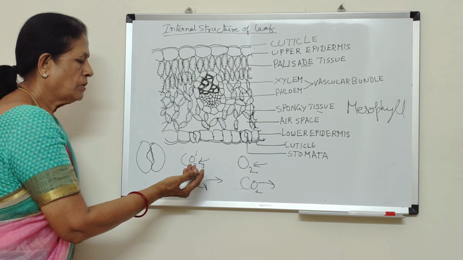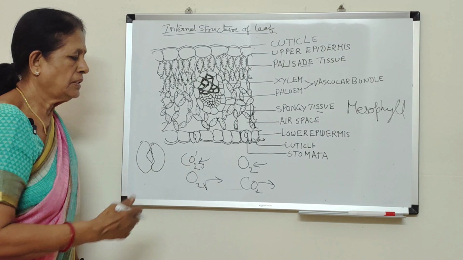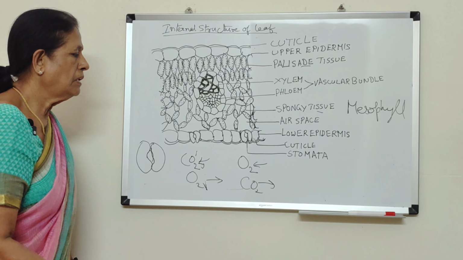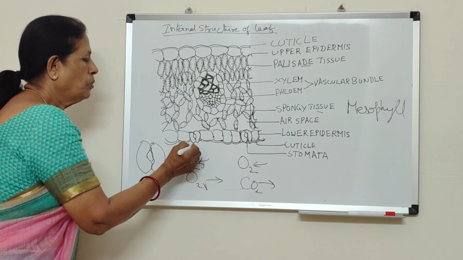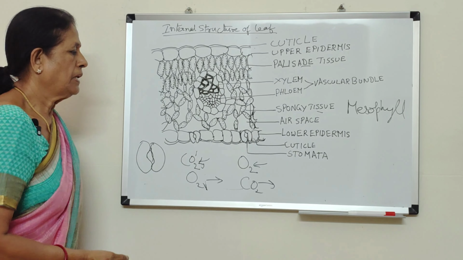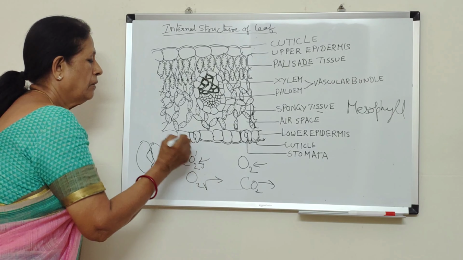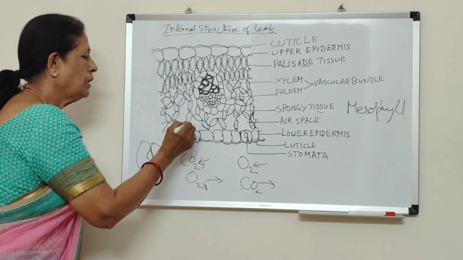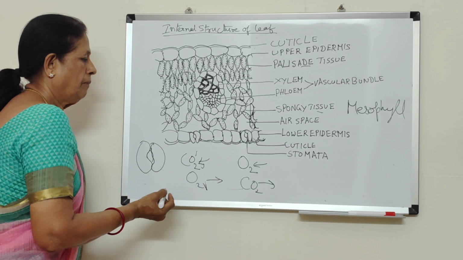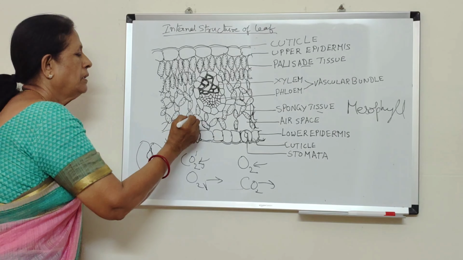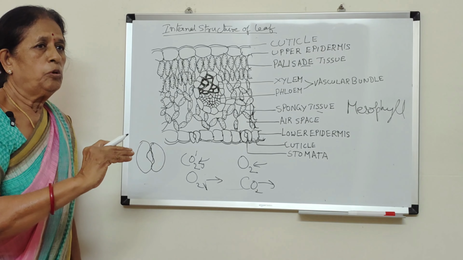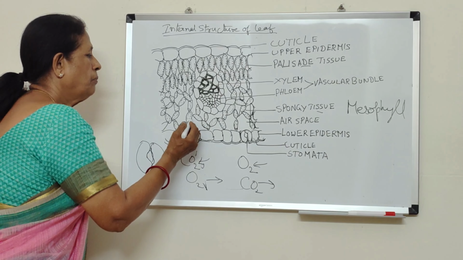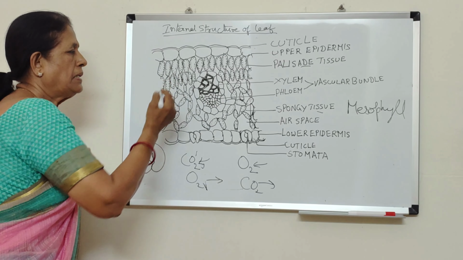That means during photosynthesis, carbon dioxide is taken in and oxygen is given out, and during respiration, oxygen is taken in and carbon dioxide is given out. So in this way, through the stomata, the exchange of gases will take place, and the carbon dioxide which is required for photosynthesis enters into the mesophyll tissue through stomata. Through diffusion, meaning movement of molecules from higher concentration to lower concentration,